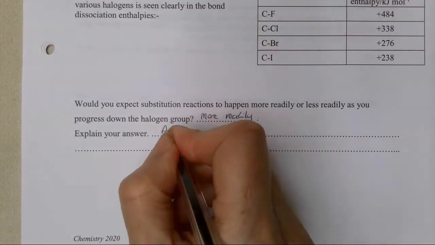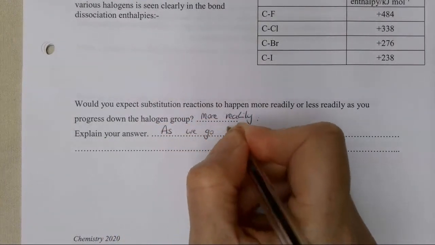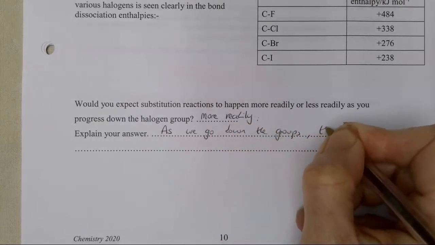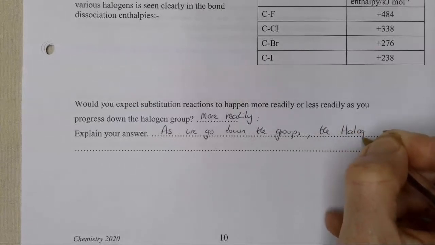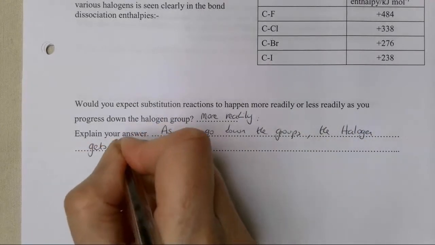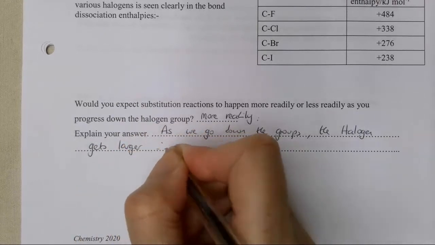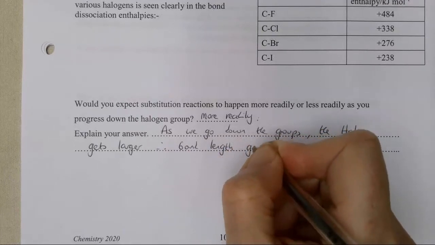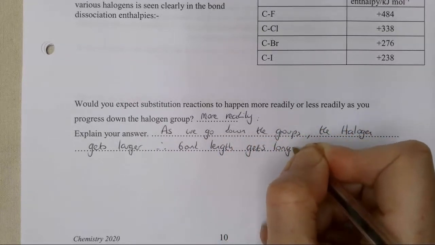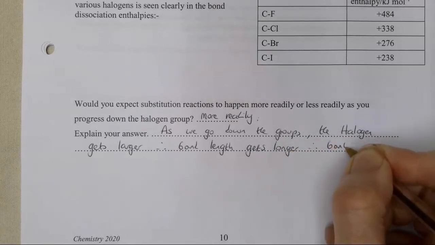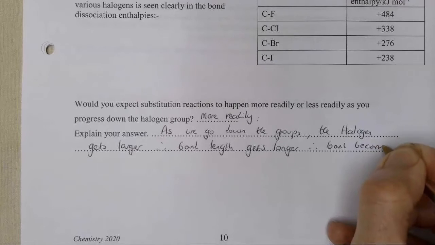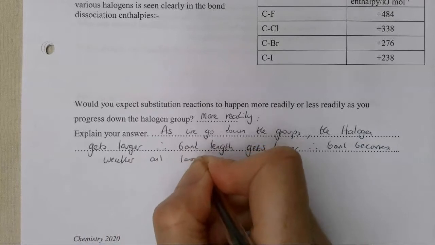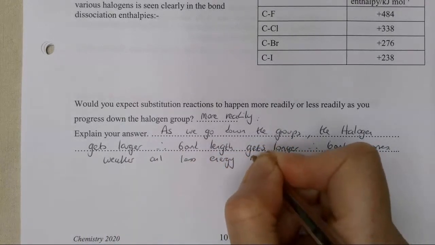So as we go down the group, the halogen gets larger, therefore the bond length gets longer, therefore the bond becomes weaker and less energy is required